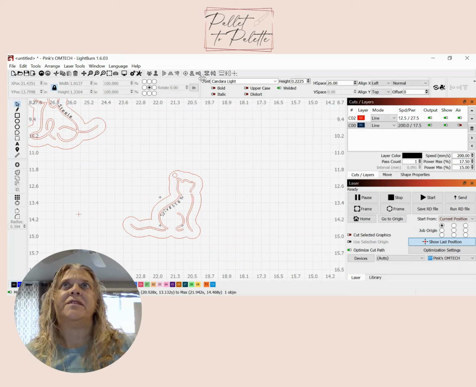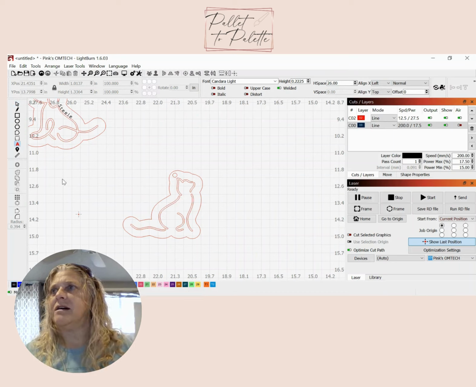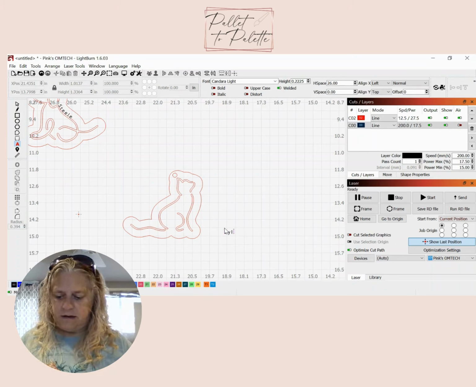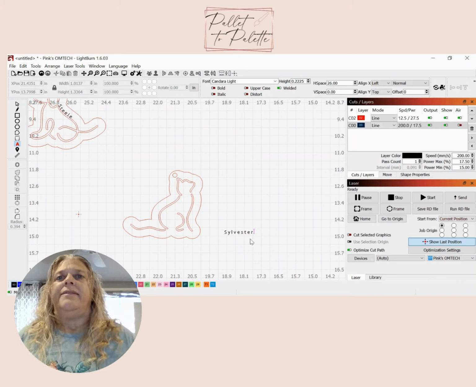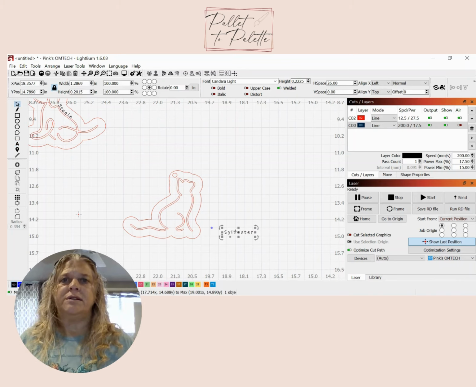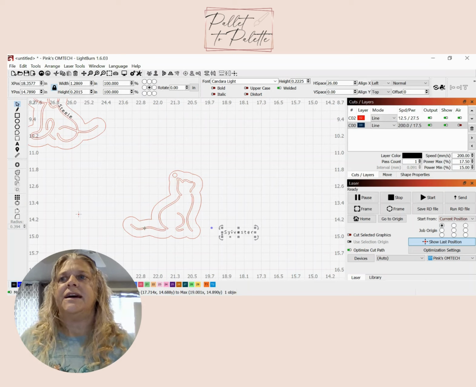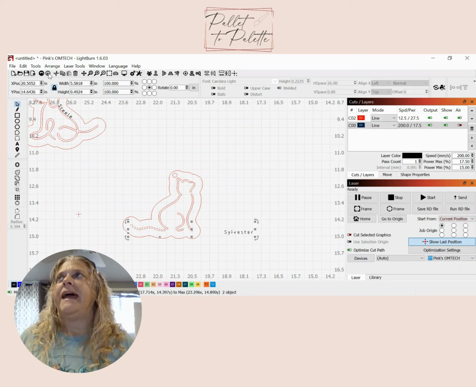You're going to use some of the functionality up here in the right-hand corner at the top. I'm going to get Sylvester back out of there, and I'm going to type it again. Then when I choose that text, I'm going to select it, hold Shift, and select another path. This time I'm going to do the tail. Then I'm going to go to Tools up here in the upper left and click Apply Path to